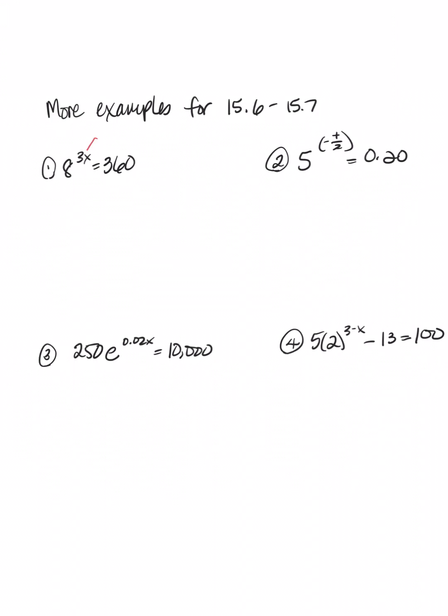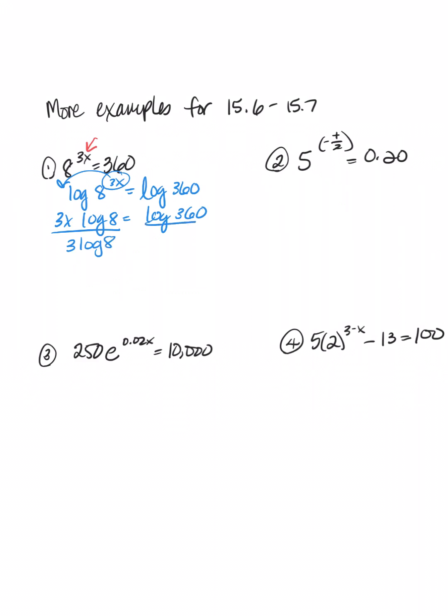When you see x up in the exponent, you're going to have to take the logarithm to get it out. So if I take the logarithm of this, whatever I do on the left, I have to do on the right. Then I can employ the power rule, move that 3x in the front, log of 360. Now my goal is to get rid of everything but the x on the left, so I'm going to divide by 3 times the log of 8 on the left and 3 times the log of 8 on the right. So that will leave me with x equals,